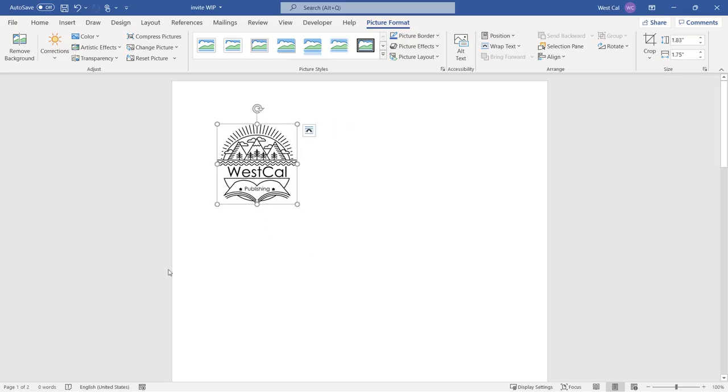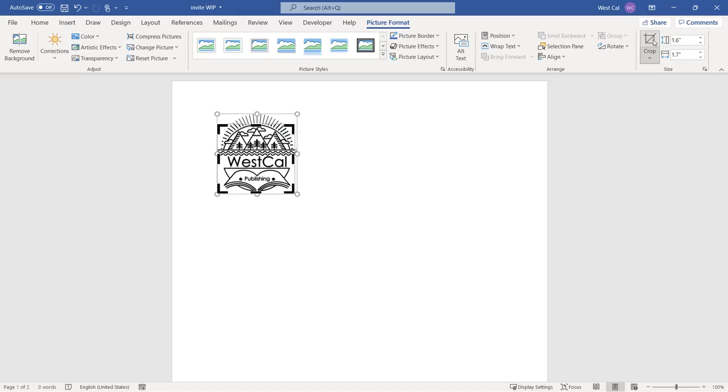Now, Grace crops the logo. She clicks on the drop-down arrow on the crop command to reveal additional cropping options. Using the crop option on the ribbon makes handles appear on each side of the image. Next, she clicks and drags the handles to remove part of the image, then selects Crop Again, and the crop